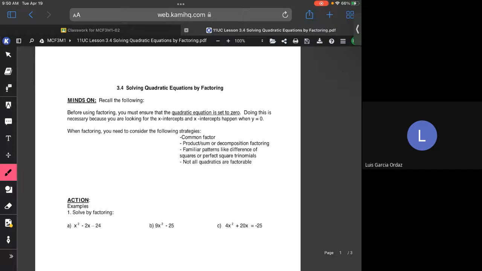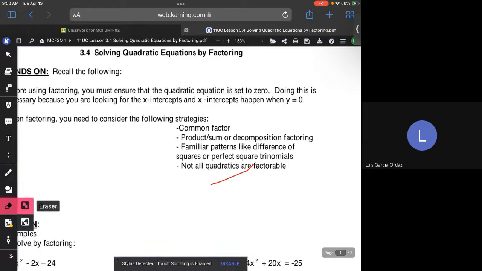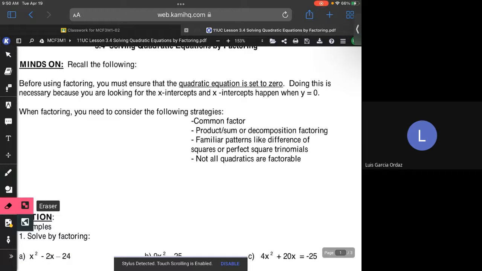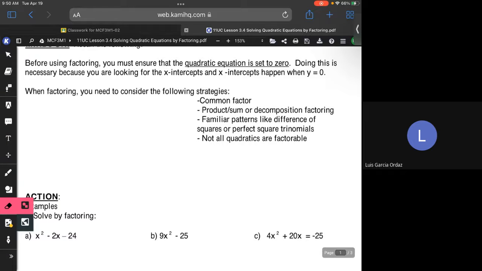So what we're going to be doing today is graphing equations based off of just factoring and finding our x-intercepts. So remember that when we factor, we're able to find our x-intercepts. Before we factor, we must ensure that the quadratic equation is set to 0. Doing this is necessary because x-intercepts happen when my y value is